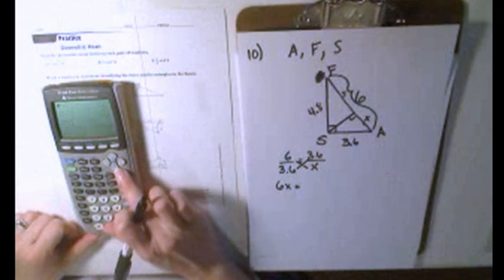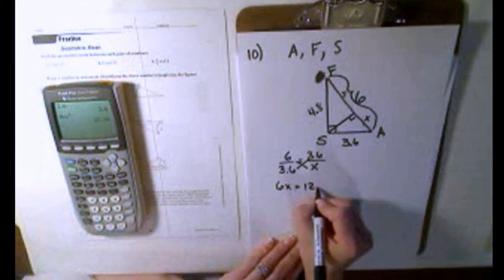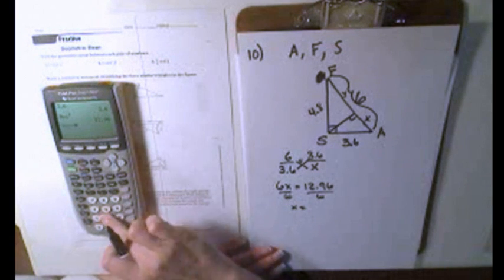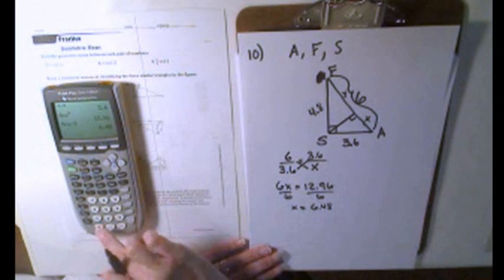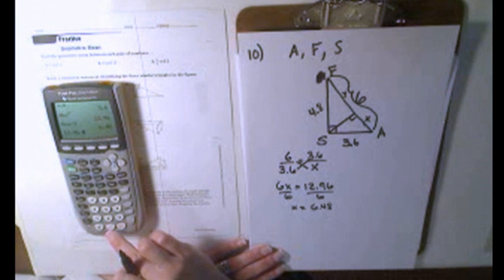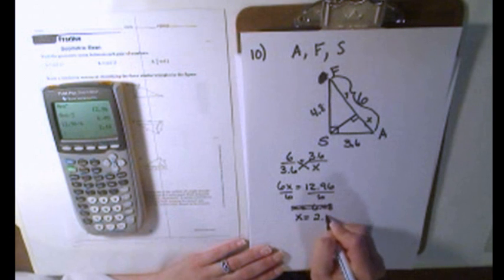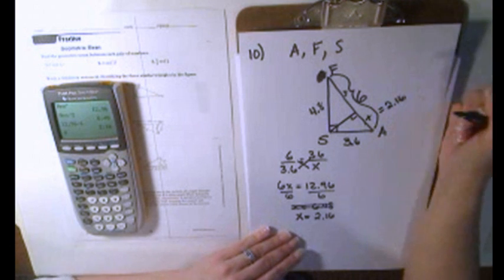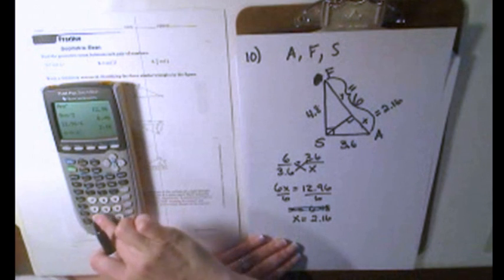6x equals, I'm just going to go decimal this. If there's decimals in the problem, I'll work with all decimals. But I'm going to carry it out as far as I can to be as accurate as possible. That's not right. I divided it by 2 instead of 6. Let's try that again. X is 2.16. Okay, so that means this is 2.16. So to get y, all I have to do is subtract from 6. 6 minus 2.16 is